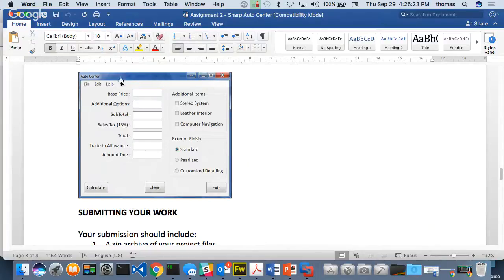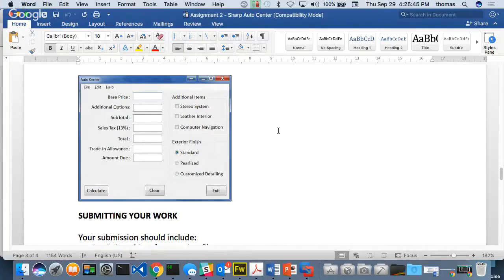Also, if I click the clear button, it's going to clear everything and reset the form back to its original state. Okay? If I press the exit button, it'll exit the application. Very easy. Again, nothing outside of what we've talked about already, right? But another assignment to practice some similar controls and functionality, right? Another go at it is what I'm giving you, so that way you have an opportunity to practice this stuff.